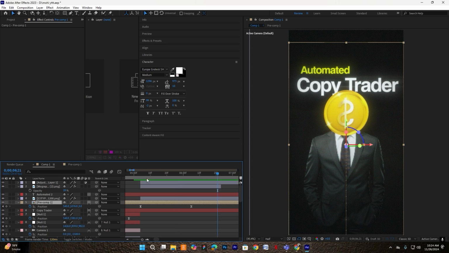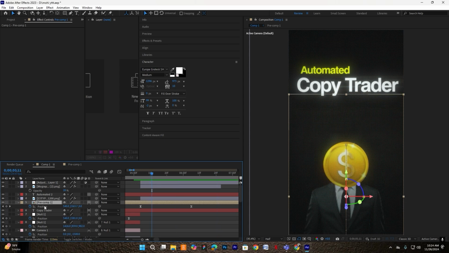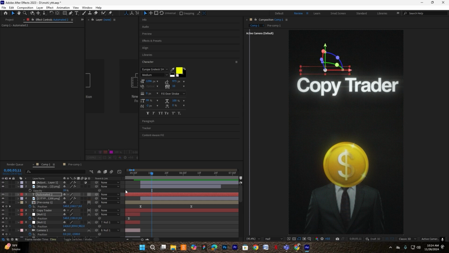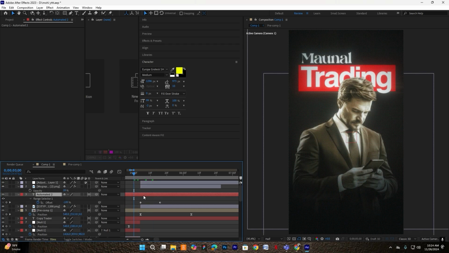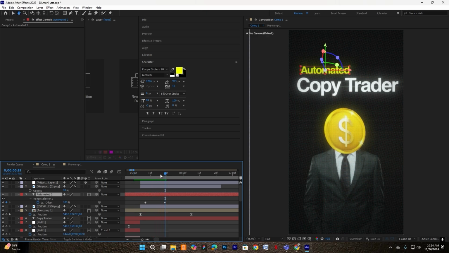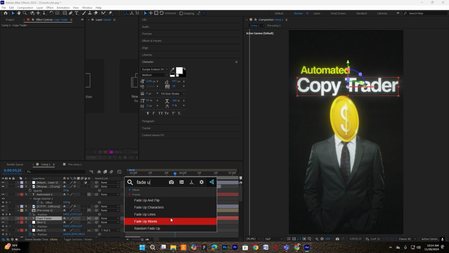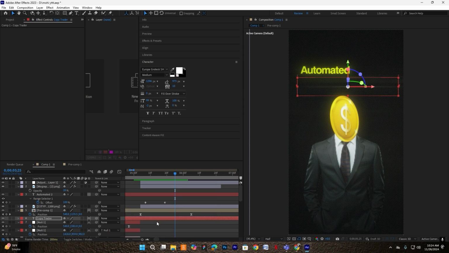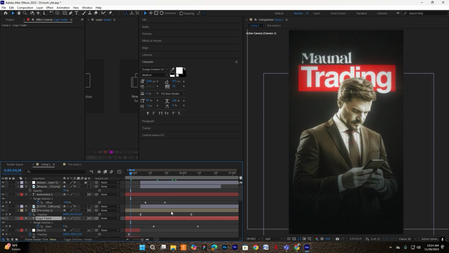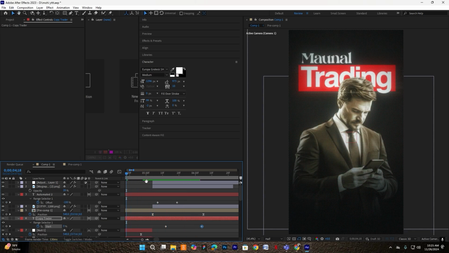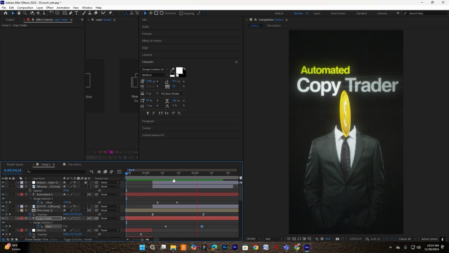Okay, so now it's time to animate our text. So we will add a new main text. And for the copy data text, I will use this fade up by words. Let's see how it looks. Perfect. Now we will add a camera